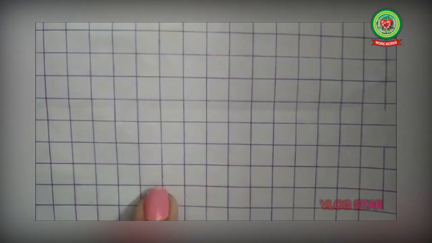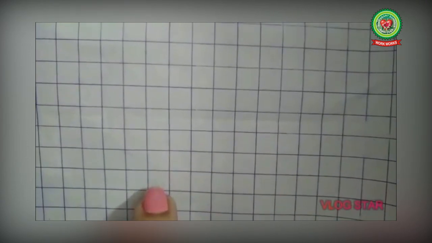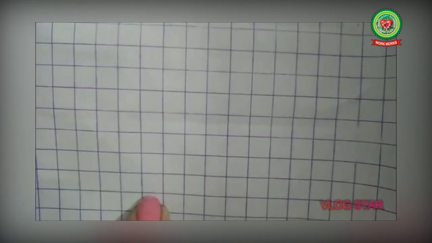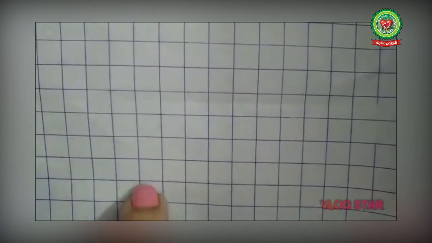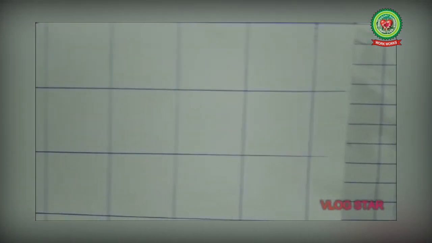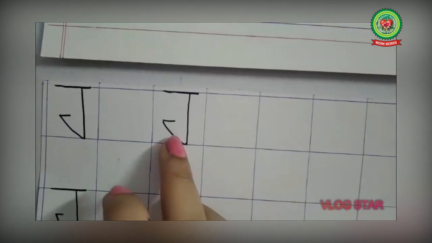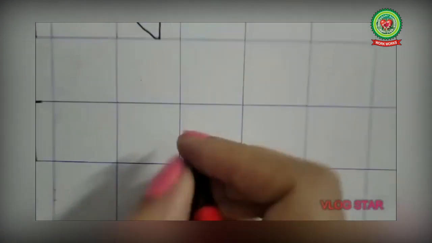Now come to this page. This is square line sheet. As I have already told you, for writing Punjabi alphabets you must take square line copy, and I hope you are practicing all the alphabets on square line copy only. So today I will teach you how to write ha in the box. For that I use this sheet and I have written ha in these boxes. Now I will teach you how to write ha here.